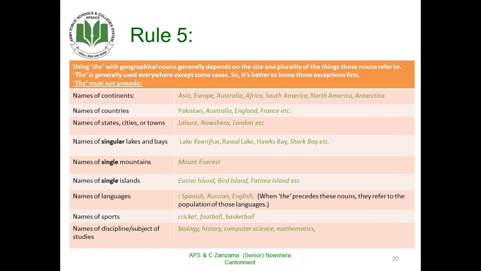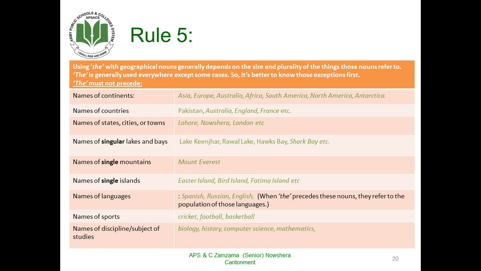Actually, "the" is generally used everywhere except some cases, so it's better to know those exceptions first. For example, "the" must not precede names of the continents. We do not say the Asia, we say Asia, Europe, Africa, South Africa. We do not use any "the" before the names of the